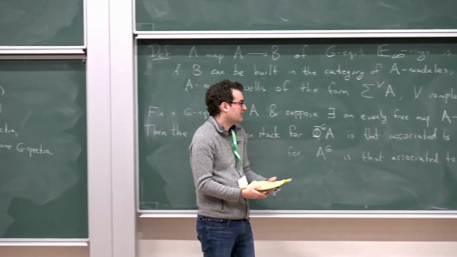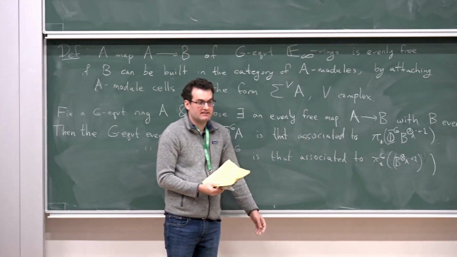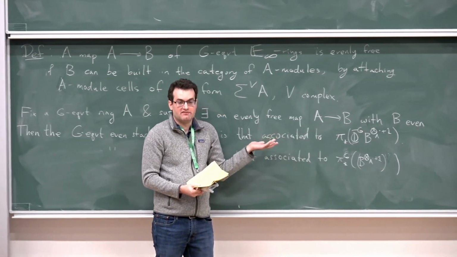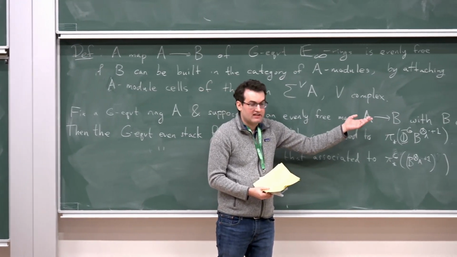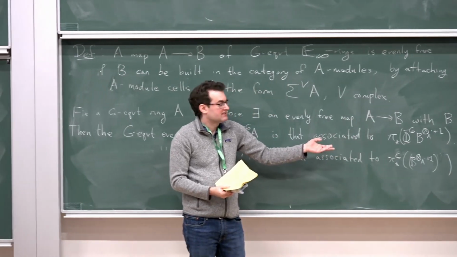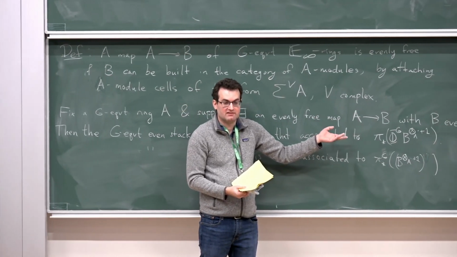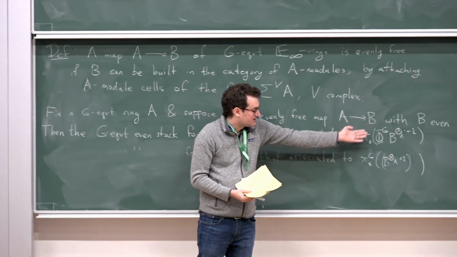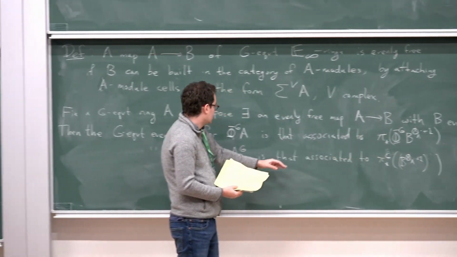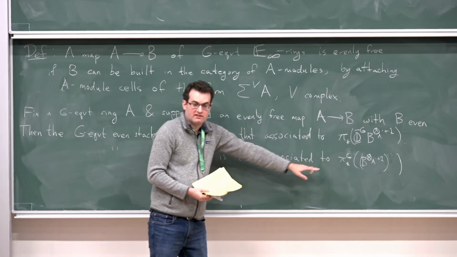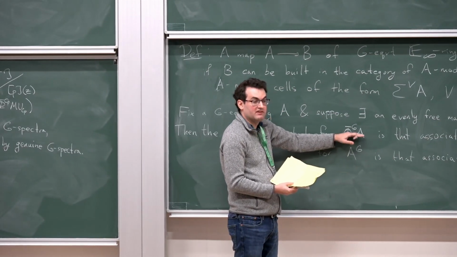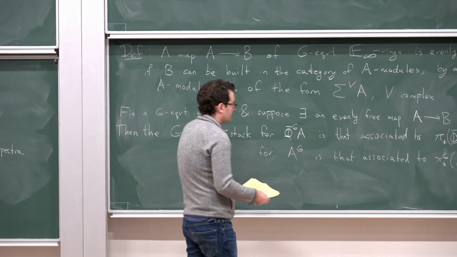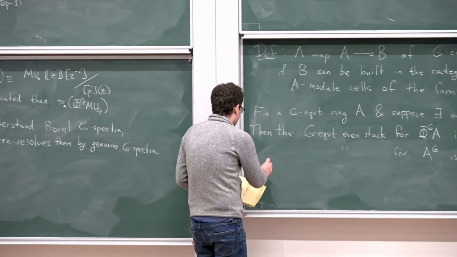If I have a map of E infinity rings, I'll get a descent object, a cosimplicial object, and then I take π_* of that cosimplicial object, and I get a Hopf algebroid, or in other words, a stack. And the Hopf algebroids or stacks here will be converging, or trying to converge, to calculate the homotopy groups of these invariants respectively. So in favorable cases, these will converge, and there's a little lemma